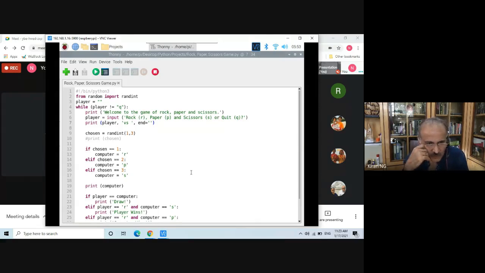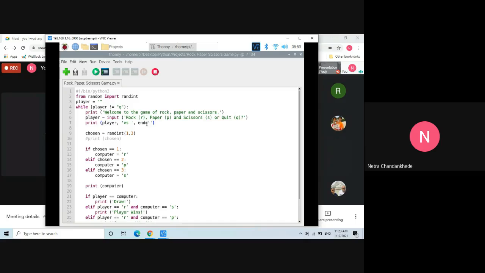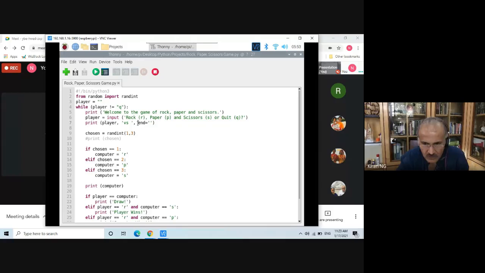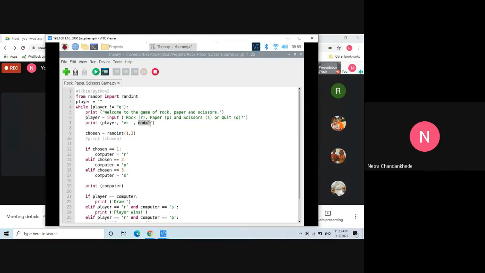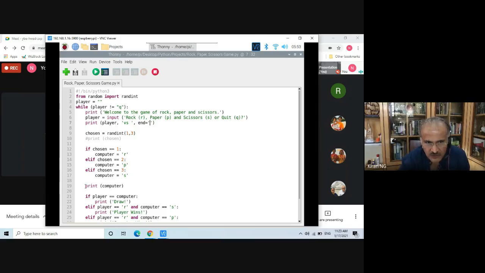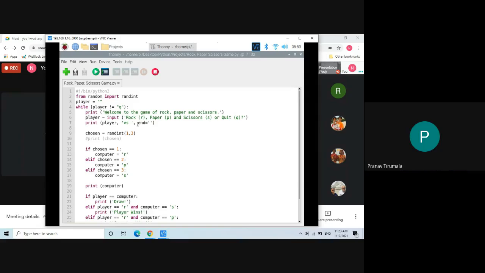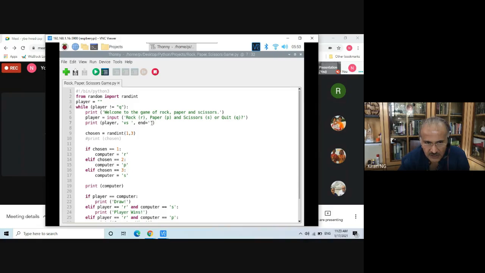Netra, did you understand? Yes, sir. Can you tell me what happens in line number 7? Like he told, end is like null. So it was not too clear because in between his voice was breaking. No, no, you explain now, whatever you understood. Sir, I just understood that end is like null. What happens if you remove that end is equal to null? Remove it for a while and let's check.